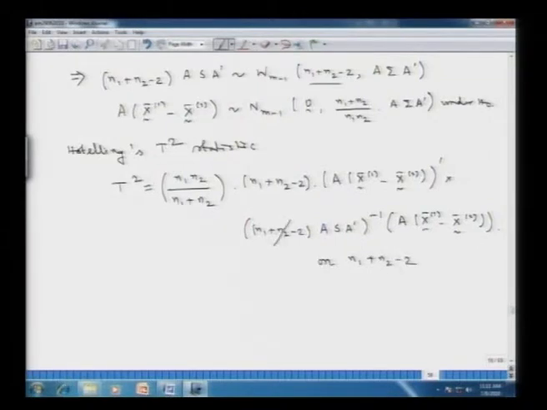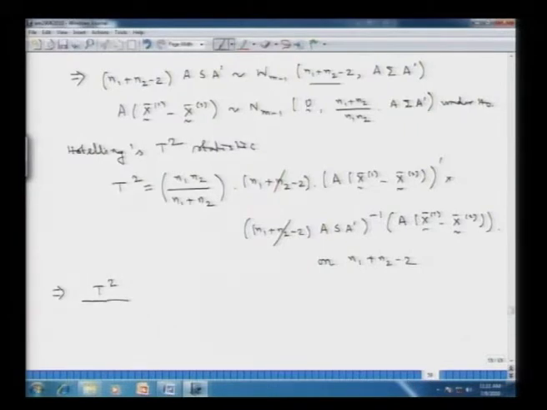It is easy to see that this term cancels out with this one, and what remains is what we have as the Wishart distribution. Note that we cannot do anything further on the inverse of this A transpose matrix, because A is a rectangular matrix. So, we will have this on n1 plus n2 minus 2 degrees of freedom. And then what we will be doing further is that this would imply that this T square